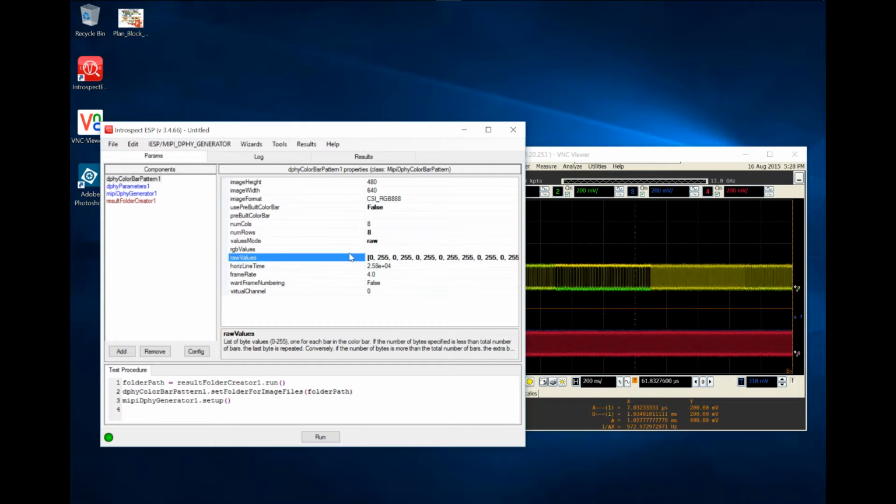It's a very simple algorithm that I implemented right in my head. And I entered it inside the GUI. Of course, as is the case with everything else in IntrospectESP software, the algorithm could be written within the Python test procedure and passed to the component class algorithmically through the code. For today, I just used a very simple algorithm that I could just enter manually as I did here. So I'm ready to execute the test now, and when I click run,